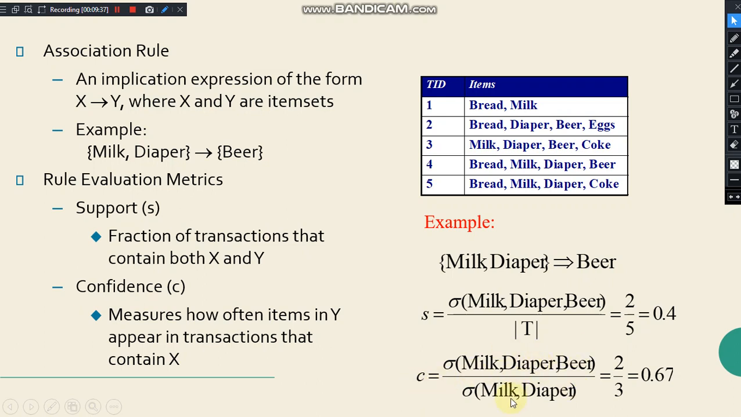So here if you see milk and diaper, milk and diaper, milk and diaper, throughout my transaction table I can see that it was bought 3 times. But out of those 3 times, 2 times when milk and diaper were bought, the beer was also bought. So the confidence